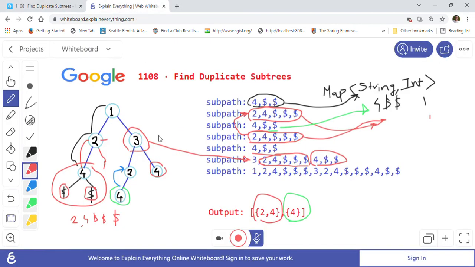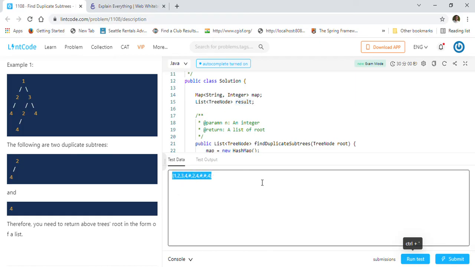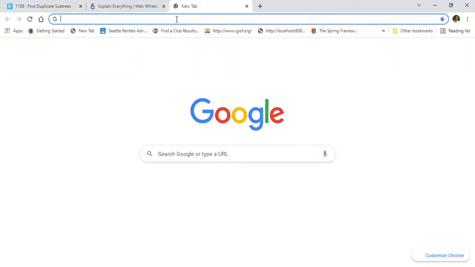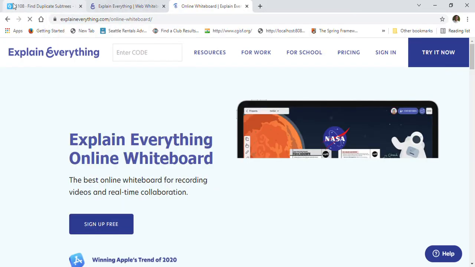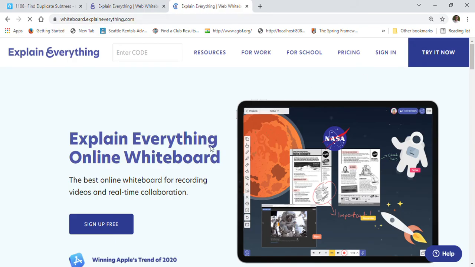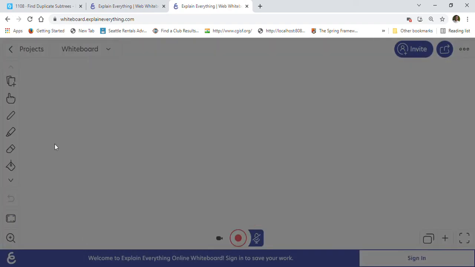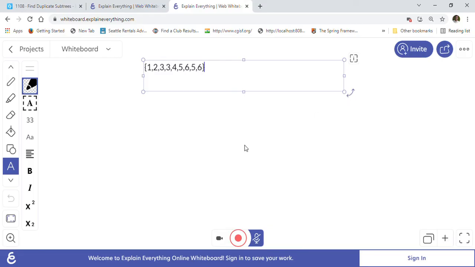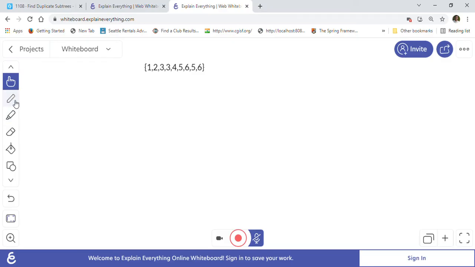This example is the one that I showed you, the same example that we just discussed here. So let us take one other example, which is a different tree. Let me just create the tree for you here, so I can show you. It's slow, I think. Okay. I'm creating a tree from the input, so you can visually see how the tree will look, so you can quickly identify it.